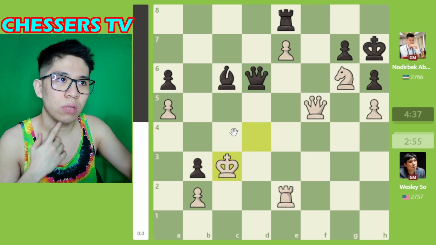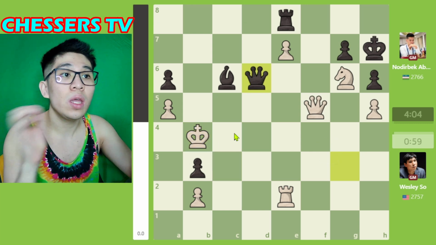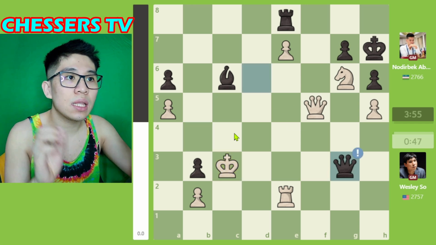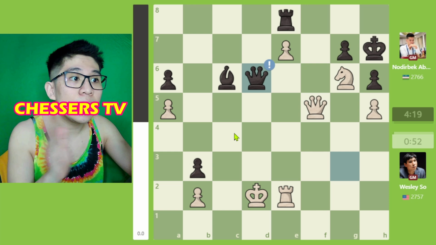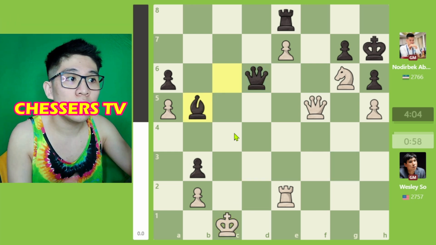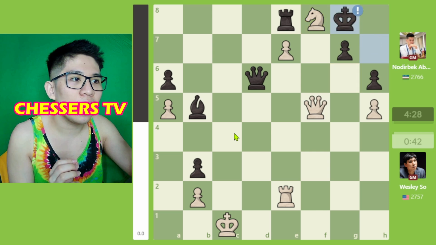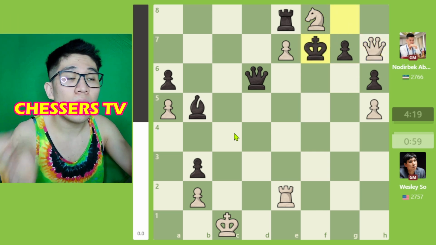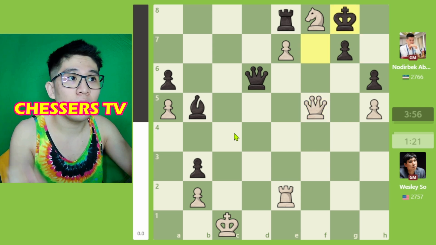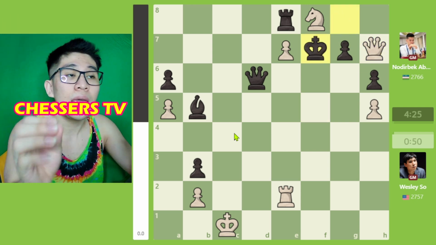Now, draw. King C3, Queen G3, King G4, Queen D6, King C3, Queen G3, King D2, Queen D6, King C1, Queen B5, Bishop B5, Knight F8, King G8, Queen H7, King F8, Queen F5, King G8, Queen H7, King F8,